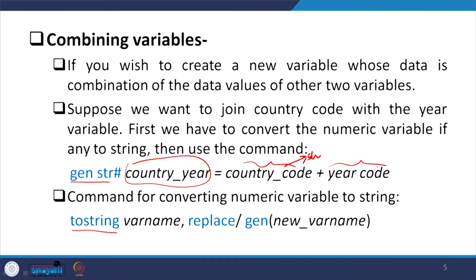As I told you, in browse data, if the color comes out to be red, then those are in string. If it is not in string, then you convert this variable with this command. You just add the variable name which is numeric, convert to string, then replace it with a new name, because as I already suggested, whenever you are going to change anything, please change it to a new name. Give it a comfortable name, maybe year, you can say year string.